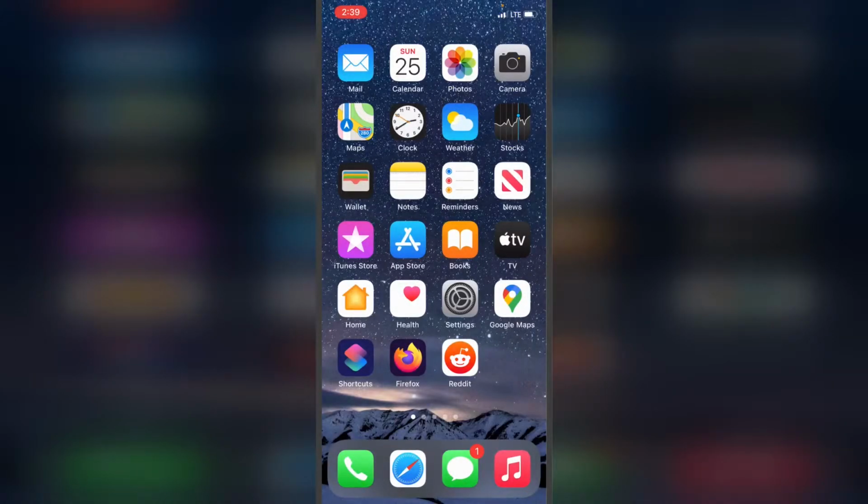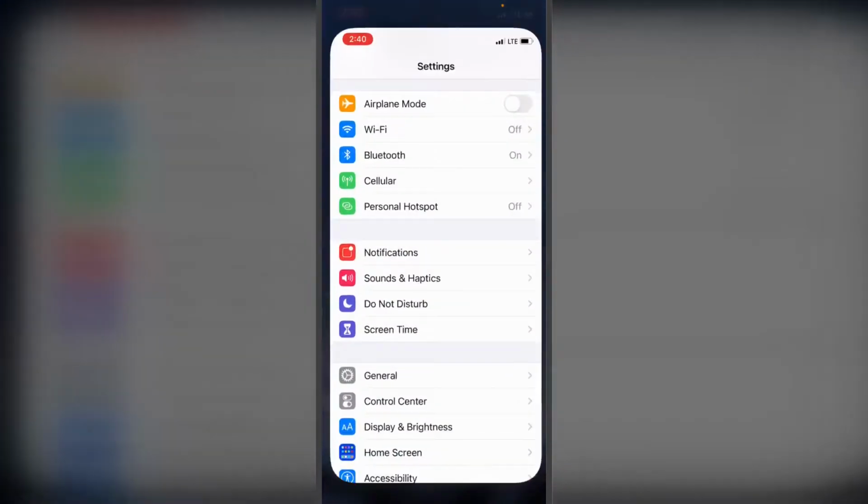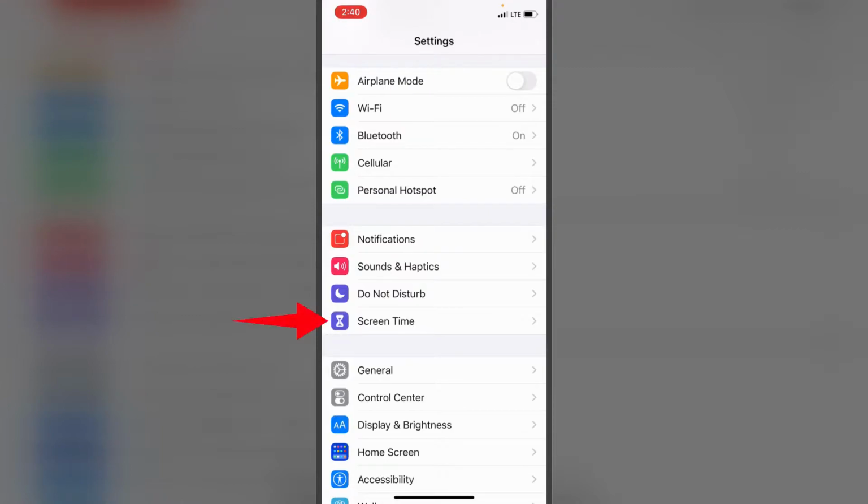Hello guys, in this video I'll show you how you can lock apps on your iPhone using screen time. What you need to do is just open your iPhone settings, then tap on screen time,